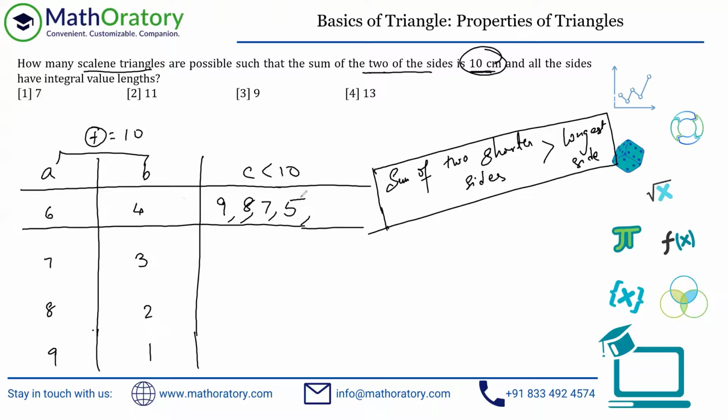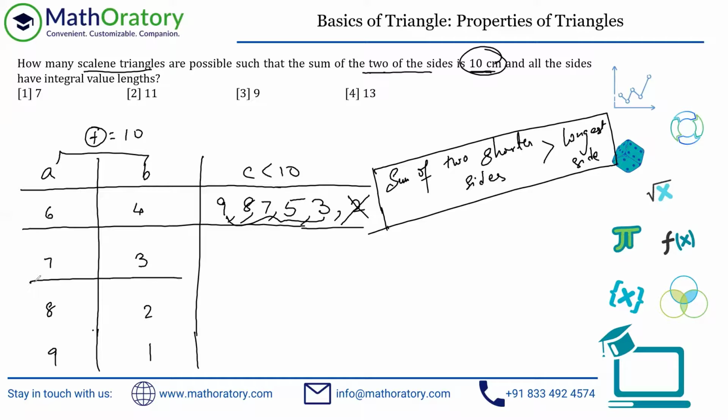Okay, let's move on. We cannot take 4. Let's take 3. So again, 3 plus 4, these are the two shorter sides. That is also greater than 6, so 3 is also acceptable. But now I hope you understand why I am pointing this out. 2 is not acceptable because if I consider 2, 2 plus 4 is equal to 6. Equal to 6 is not allowed, right? It has to be greater than. So obviously 2 is not allowed. So these are the 5 possibilities for c, for a being 6 and b being 4. If the other two sides are 6 and 4, I can have 9, 8, 7, 5, 3. So effectively, we have 5 cases out here.